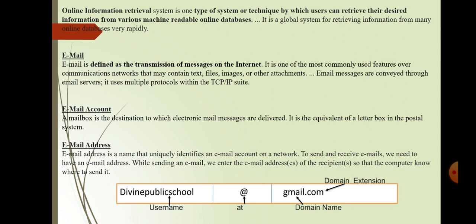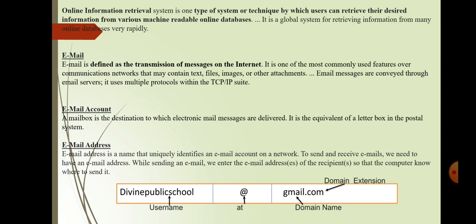So the first component is username. Username is the name of a person's account, which can be an actual name or a word or a phrase. It means that for making a username unique, we need to use either the actual name if available or a word or a phrase.